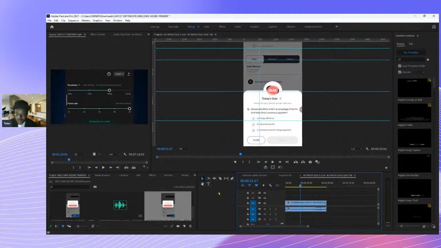The most important things you should know in your toolbox: you will see a razor, you will see a selection tool or pick tool, and you will see a type tool. Your type tool will help you bring in text,